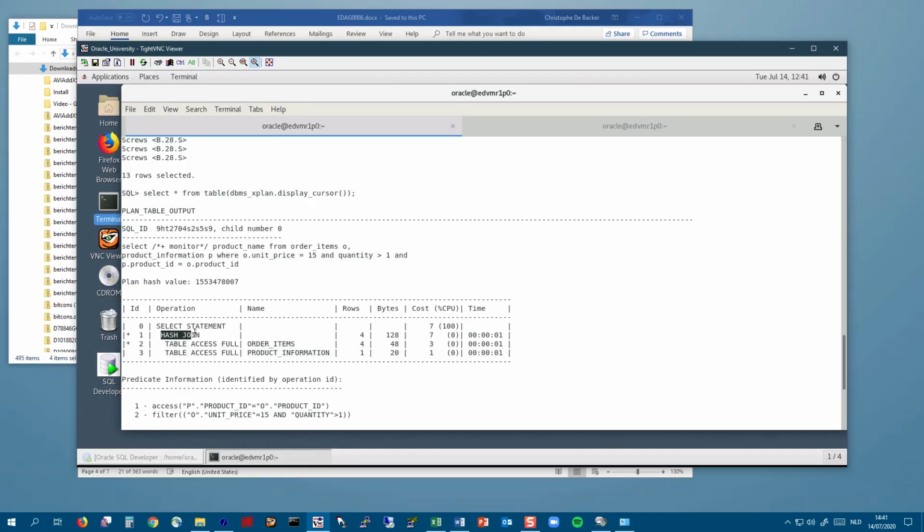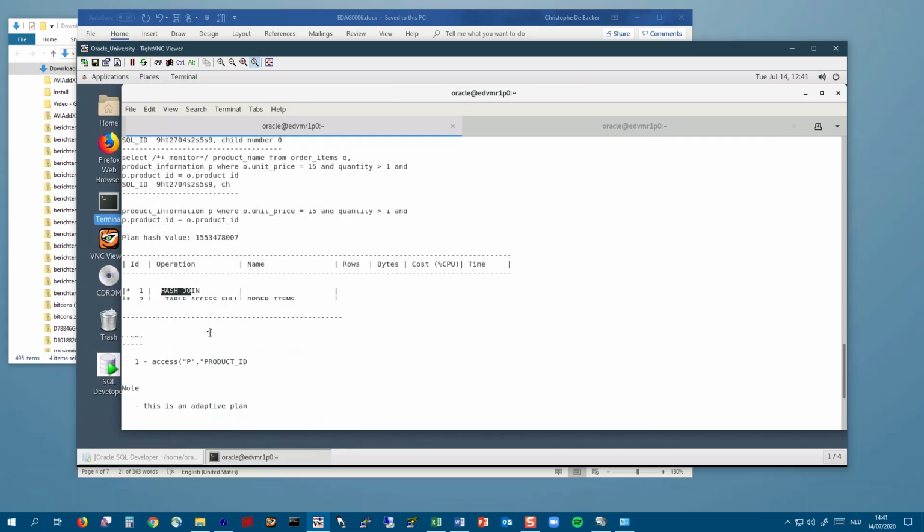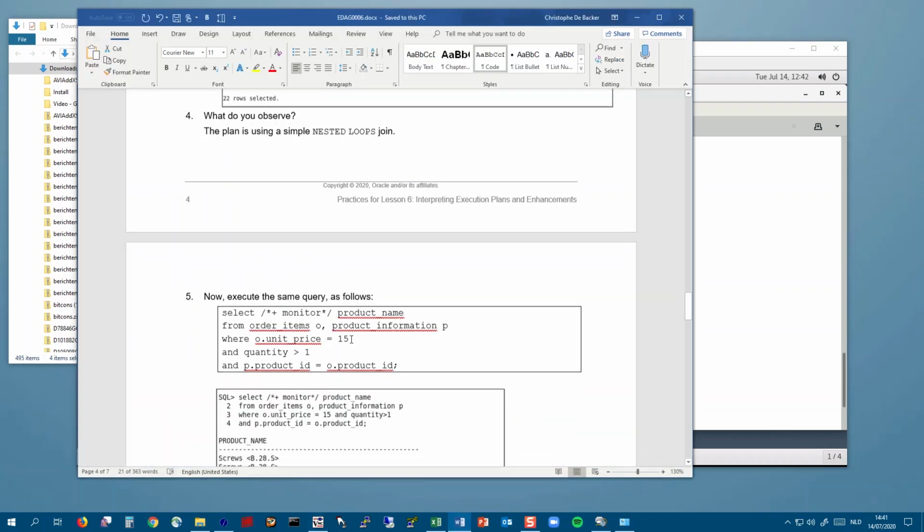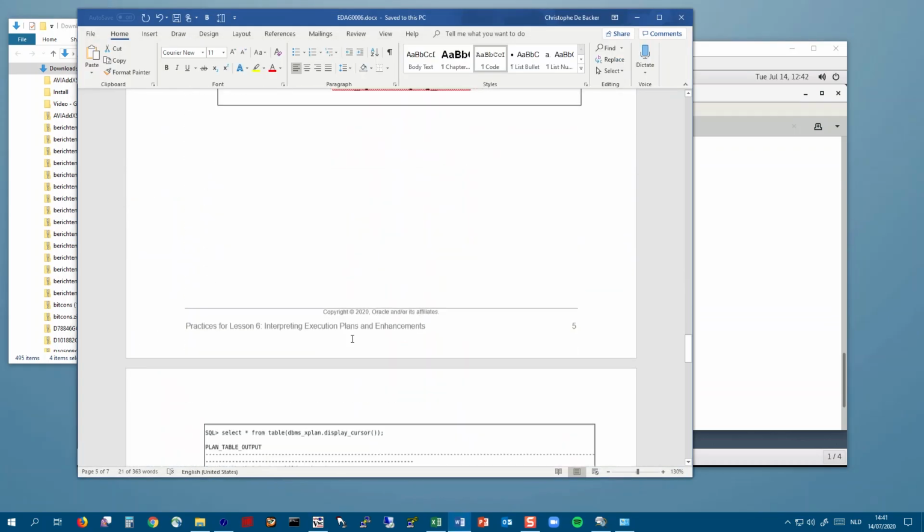Well, it came up with a nested loop join, but while it was executing, it saw that the estimates it had made were not really accurate or up to date, and it looked for a better execution while already executing, and that's where it switched to the hash join. And you can have a look in the notes when displaying that execution plan that this is an adaptive plan. So they explain here in the activity guide